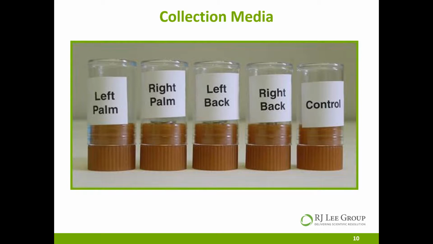Now, the control sample itself can be used in different ways. It can be used specifically as an environmental control to test the environment in which you are actually doing the collection to make sure that there's no contamination occurring in your environment. It can also be used as just a kit control or a sampler control to show that there was absolutely no contamination on the kit itself before the collection was done. So it's up to you and your individual agency to determine and to choose how to use the control